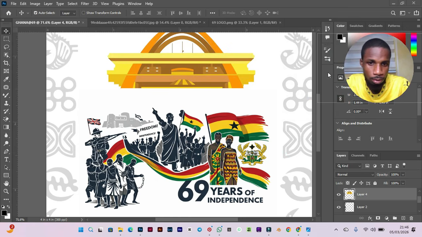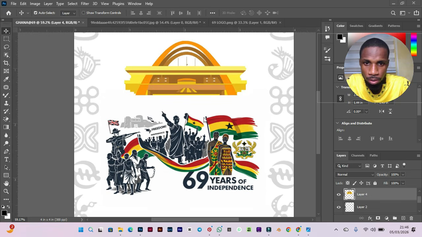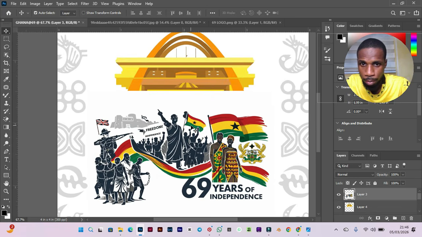Just drag it down below this one. Very good. And you can see that this image, the one with Kwame Nkrumah and the other people on it, has a background, so it is on top of the arc, so you can't see the entire image of the arc. So you make sure that you select the Kwame Nkrumah